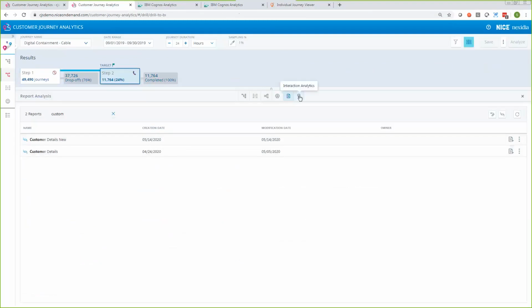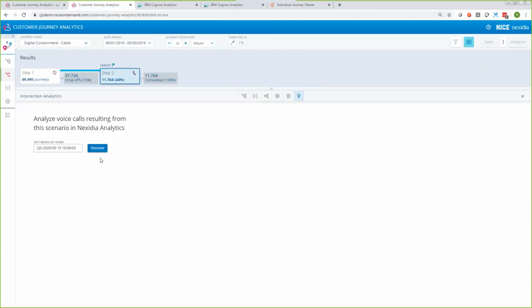And finally, the last piece that I'll show you back in our scenario view here is our drill through to Nexidia Analytics, which I mentioned a little bit in the beginning, is our speech analytics platform. So if we are leveraging an install of Nexidia Analytics, then we can take this data set that we've defined and send that into what's called a targeted media set. And by identifying those customers or those calls within the Nexidia platform,